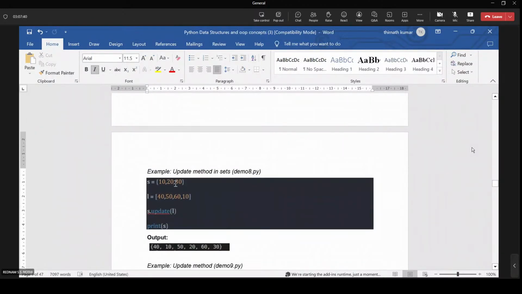Here s is the tuple type and l is the list type. s.update: what is s? s is the set, and update of l means we can update the values of the set. 10, 20, 30, 40, 10, 50, 20, 60, 30 will be displayed on the screen.